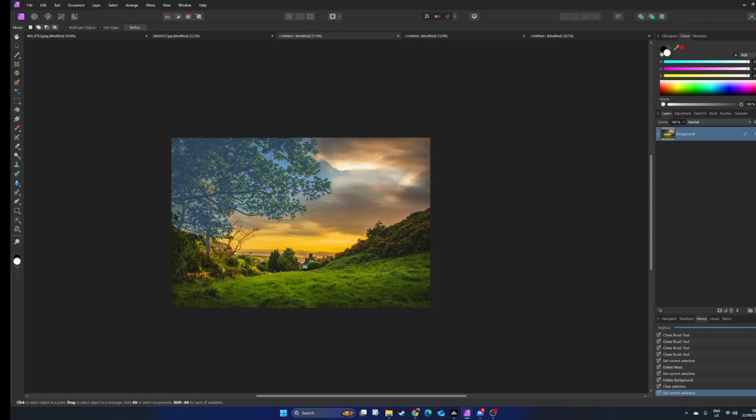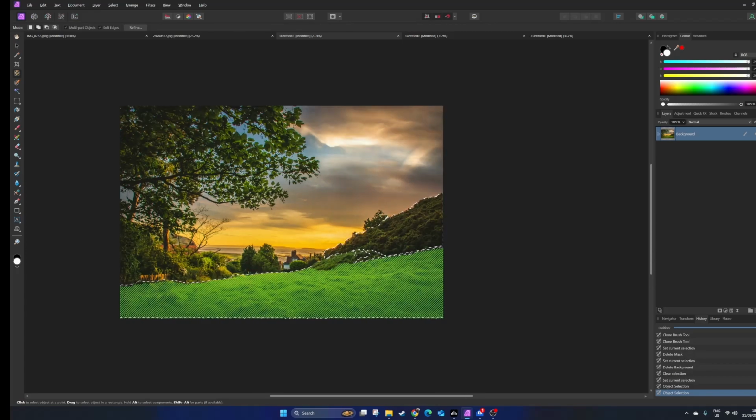And you can see I can select the tree, I can select the grass, the background. I can do multiple selections, so I can select this area, and then I can move up and say I want to select this as well. So just hold the Alt key down and I'll select that as well, and you can see it joining up and adding to the selection. But you're doing quite a lot of clicking there, so let's clear that and let's go to just picking